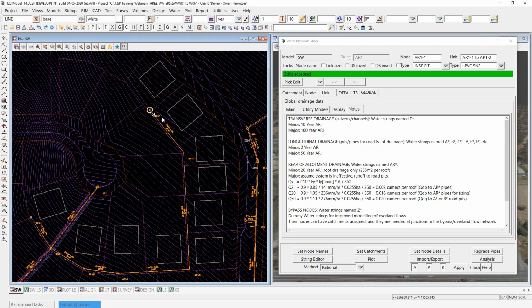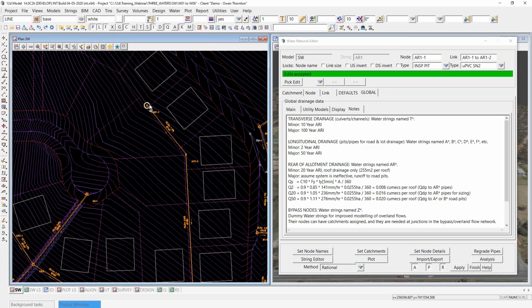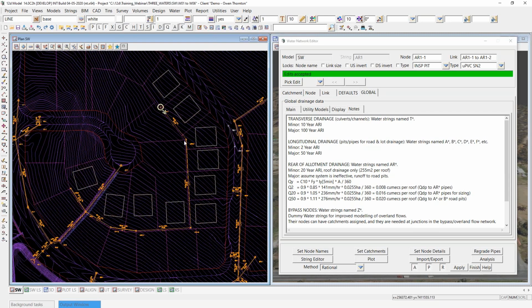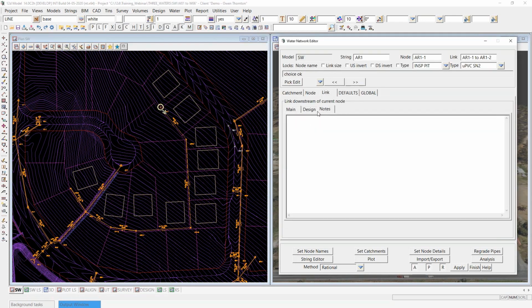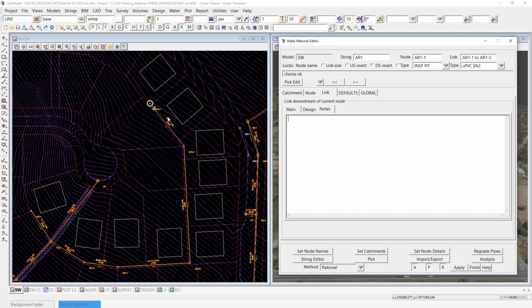First up, because I'm doing something a bit unusual, I'll probably make a note as to how many roofs are going to be connected directly to each one of these pipes in this part of the system. It shouldn't take very long, but I'm going to make use of the link notes tab here, because as well as a general notes tab on the global tab, each node and each link has a notes tab as well, where you can make general notes. And I'm just going to say, well, this first link in the system here is going to have two roofs connected to it. So I'm just going to put in a little note here,